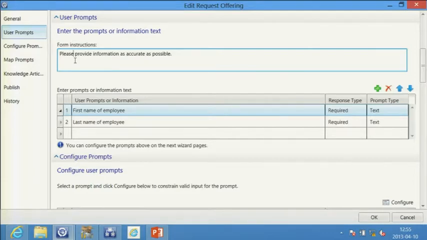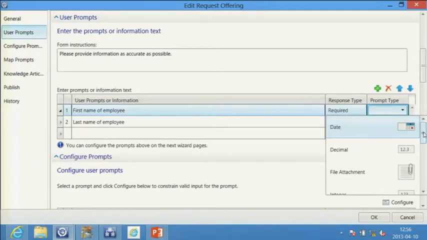User prompts is the way to retrieve information from the person consuming the service. In our case, we want to retrieve a first name and a last name of the person that should have a new user account. So this is a very simple example. I've just chosen text as a prompt type, but that could be numbers or characters. You could have a date time, which would render a date time picker in the portal. You could say that this is a decimal value, so it will be nicely represented on the portal. You could have a checkbox for true-false values, or a list,